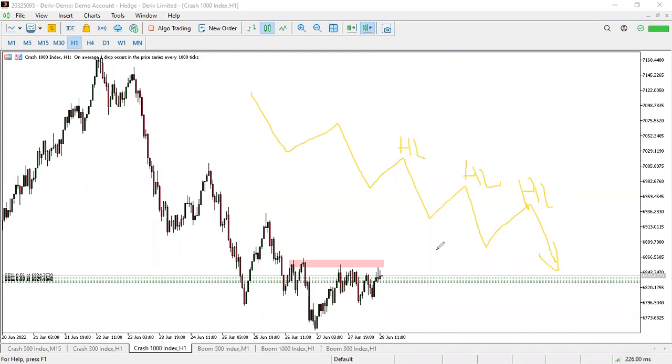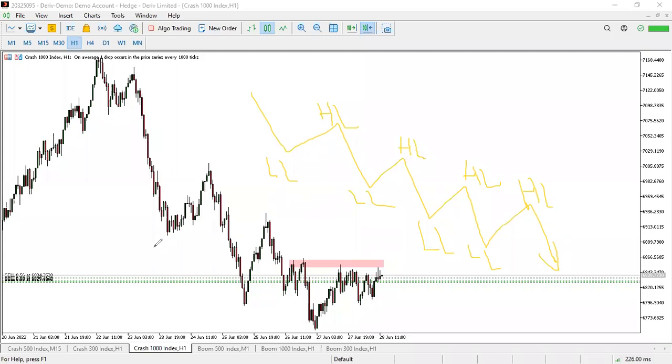And then this is what? It's a lower low. Lower low. Guys, these spikes are very dumb. When it goes down, it gives you a nice market structure. So what is it that is special for you to buy here? I repeat, this is the question that you have to ask yourself. So nothing is special.